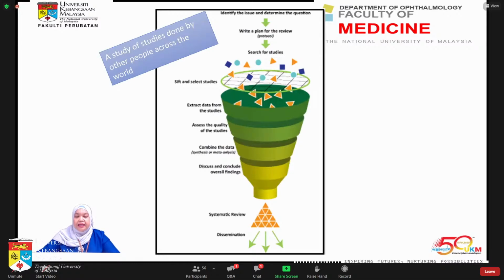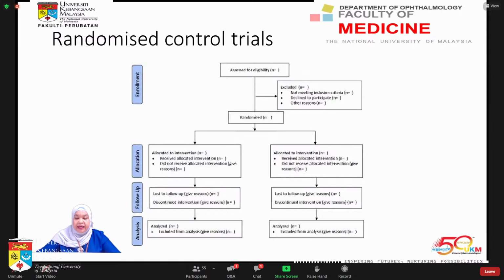Okay. So a systematic review is just a filter. You have all the information and it filters down, and if it is done correctly, it is a good quality review. Okay. So for example, usually in a systematic review, you want to look at the effectiveness of a drug or behavioral trials. So it usually involves randomized control trials. Randomized control trial, you know, is the best study design, where you have an experimental